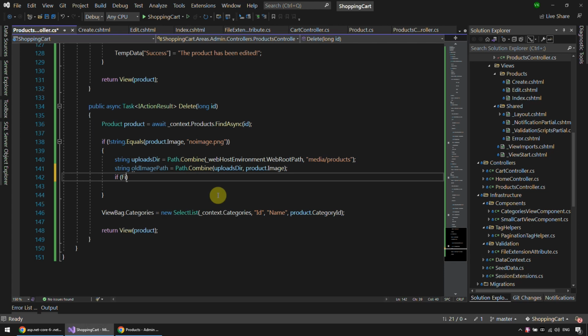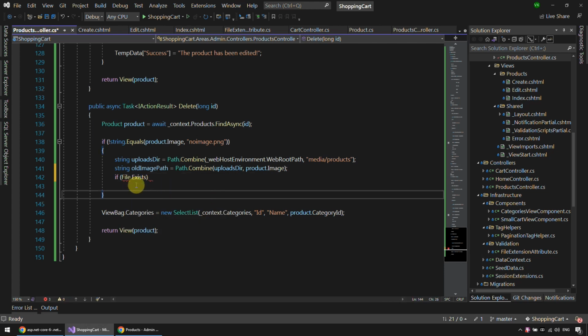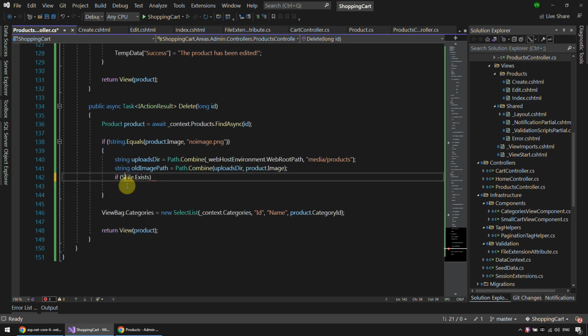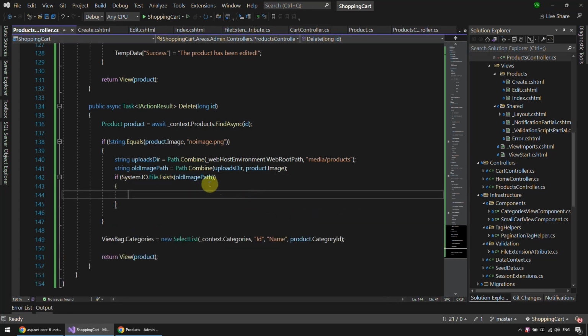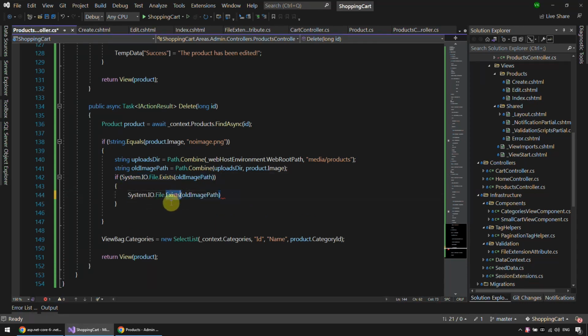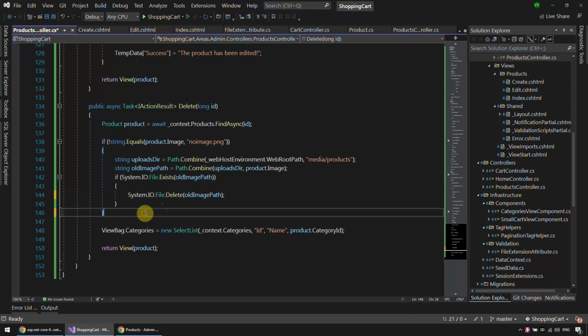So now if file exists, let me just write it myself. So System.IO.File.Exists old image path. Let me copy this whole thing. Then I'm gonna say delete old image path. Okay, so that's it for the image,